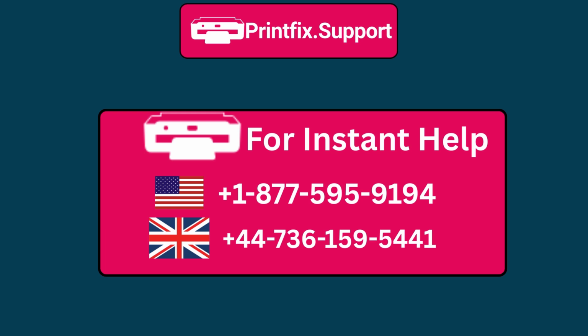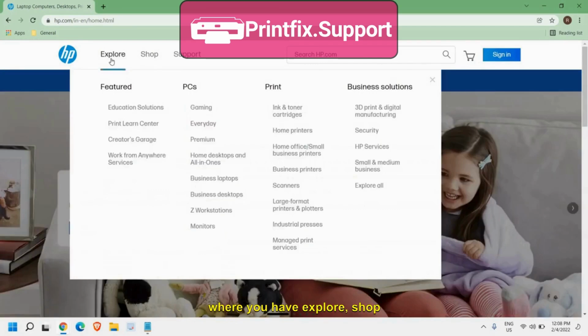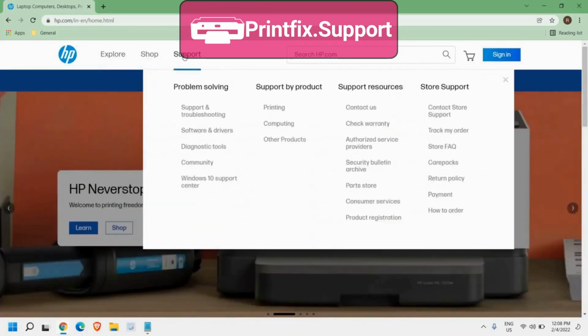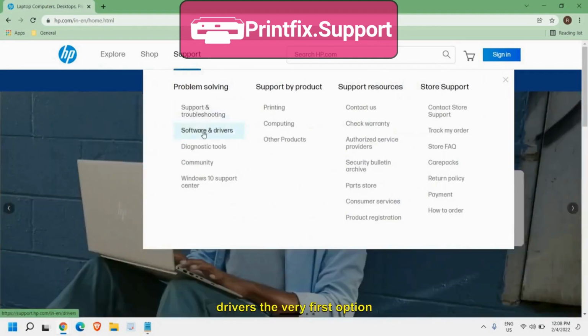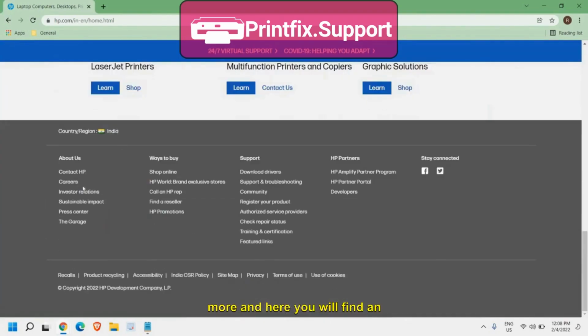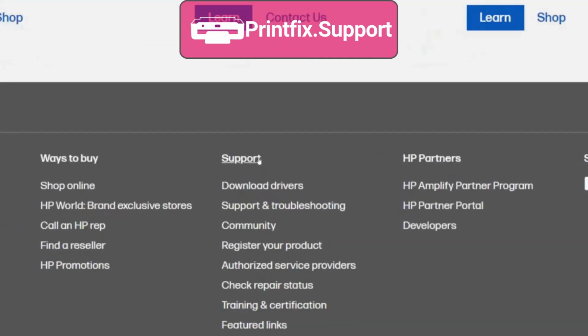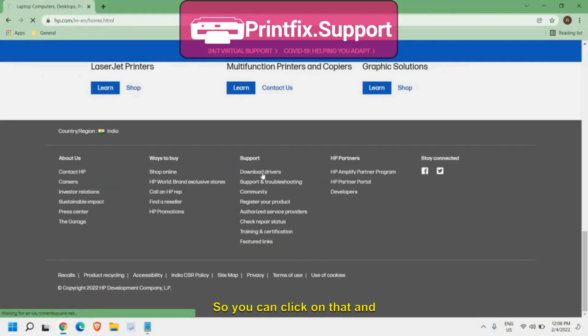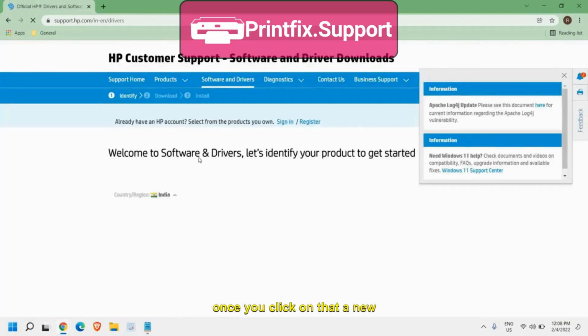Type HP. Now once you do that, a new window will appear like this where you have Explore, Shop and Support. So once you go to this Support, you will find Software Drivers, the very first option. And the best way to download the driver, just scroll down more and here you will find an option called Download Drivers under Support. So you can click on that, and once you click on that, a new window will